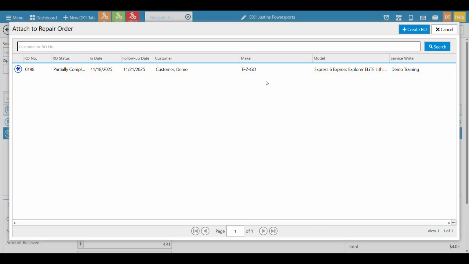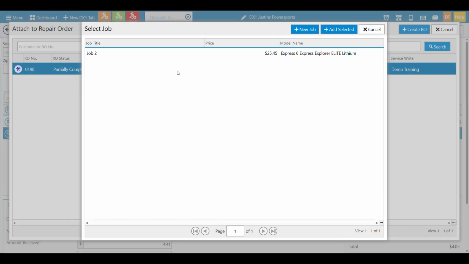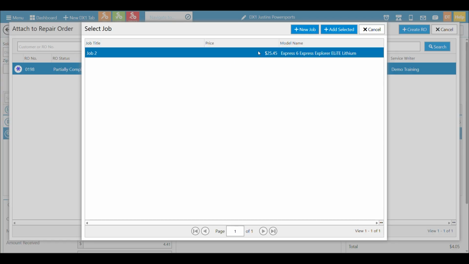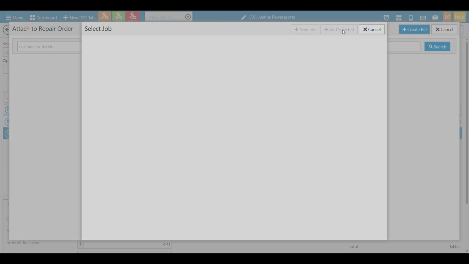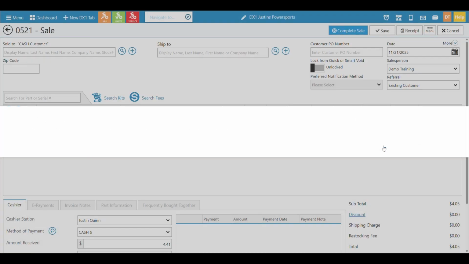And you can see in my list, I only have one RO right now. If you have a big list of ROs with the same customer, if you add the customer to the invoice, it'll automatically pull up any matching customer names, but you could remove the customer name and just do a search to see a complete list. And from here, I have two options. In this scenario, I said there's already an existing job. They got my bike back there. There's already an RO. They already have it. I could go ahead and say I want to add this to this job, click add selected, and it's simply going to move it over.